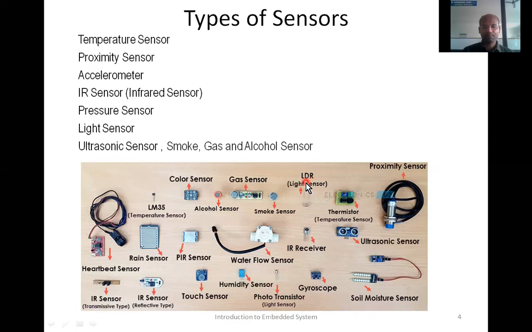This LDR is a passive device, whereas this phototransistor is an active device. It not only senses the light, it amplifies that signal also. There is a humidity sensor and touch sensor. It is an IR sensor receiver. It is an IR sensor transmitter. So these are the different types of sensors which are generally used in embedded systems depending on the application.